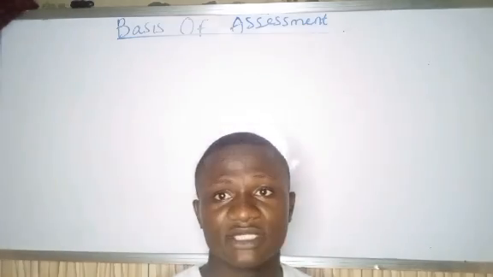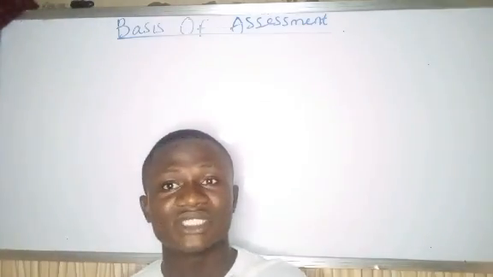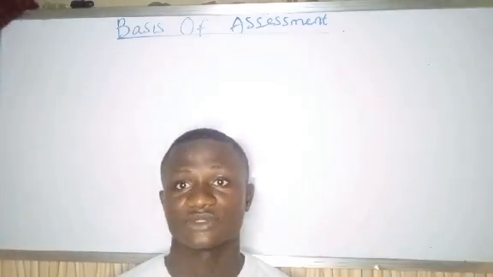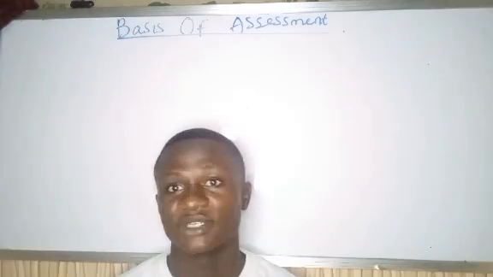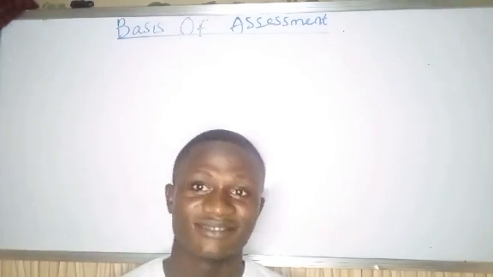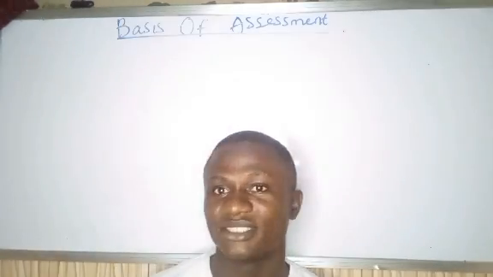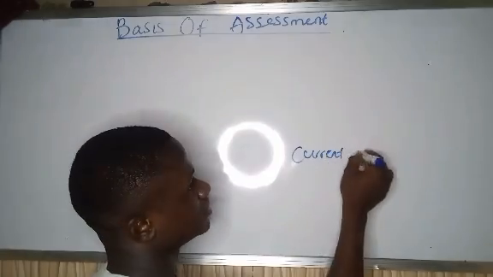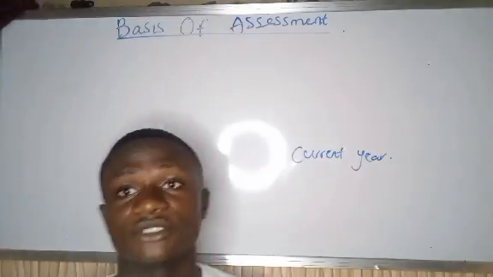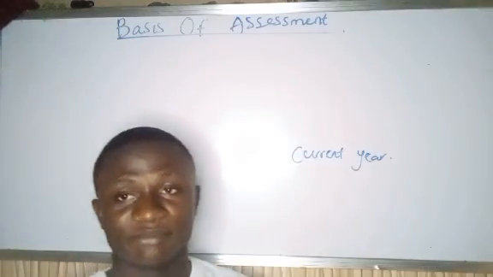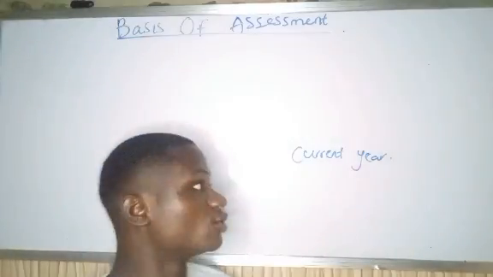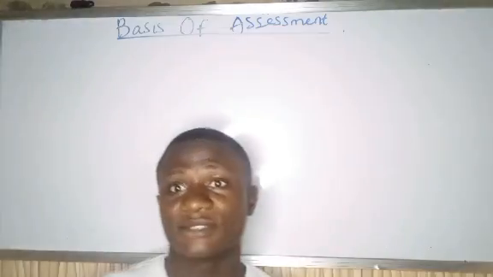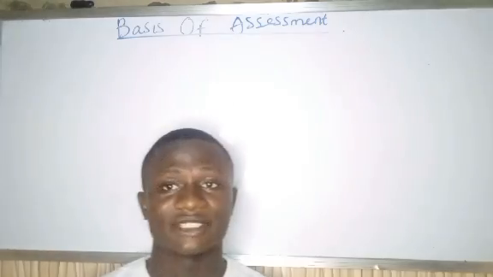Now, what do I mean by preceding year basis? Preceding year basis means that the tax of 2018 will be collected in 2019. Because if government is coming in 2018 to collect tax of 2018, we are not done with our accounting period. We have not closed our accounting year, so there's no way we can get our profit to know our tax liability. There are some instances where we use current year basis, but majorly we use preceding year basis. Tax liability of 2018 will be collected in 2019, tax liability of 2020 will be collected in 2021, and so on.